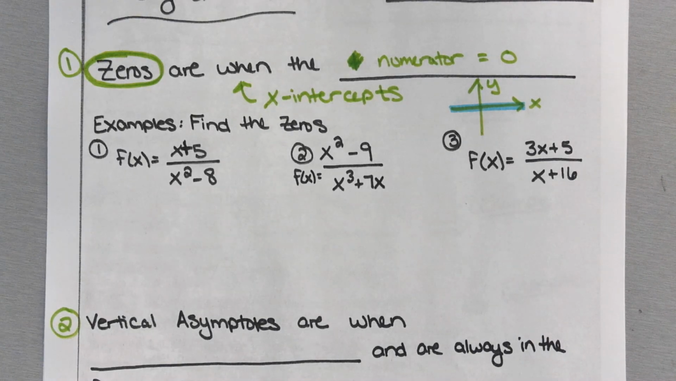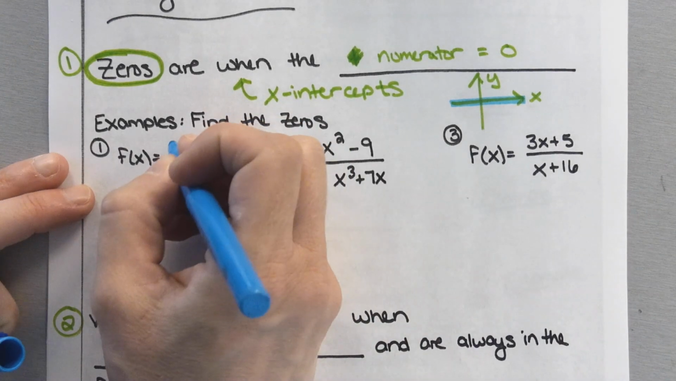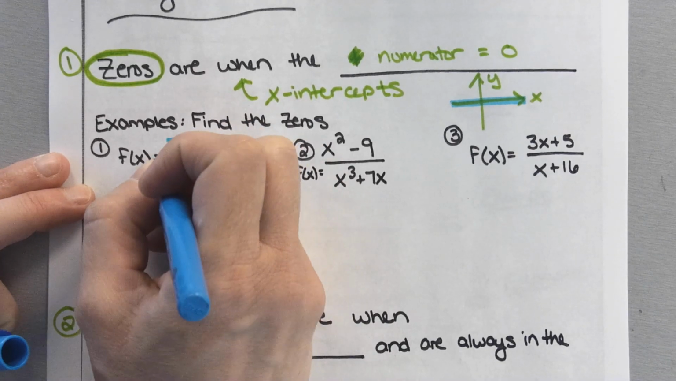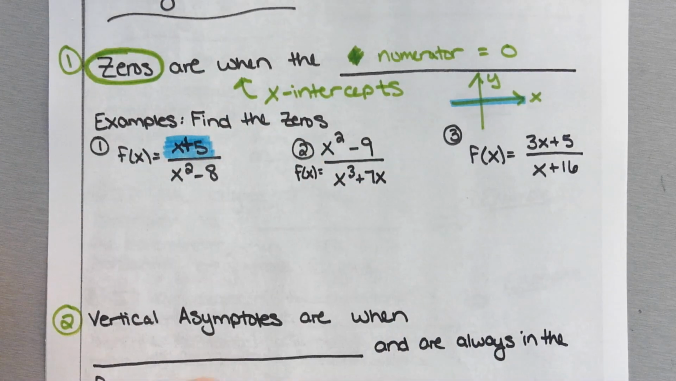All right, so look at number 1. I only care about the numerator. I don't care about the denominator at all. There could be anything down there. There could be crazy numbers, there could be an elephant, there could be anything. There could be a mug with a